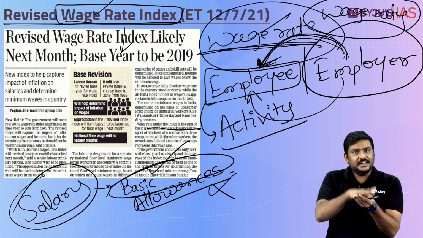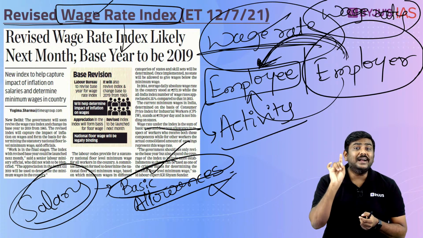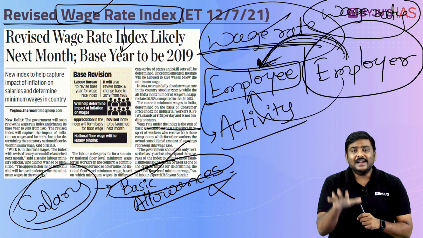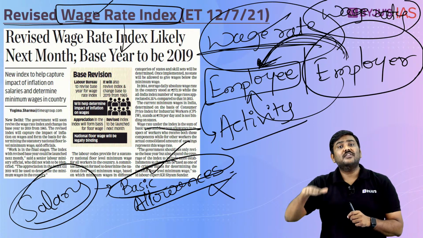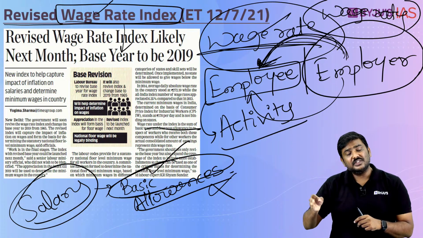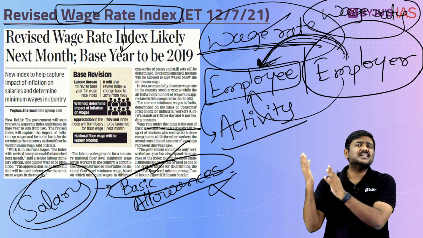Right now, central government has a directive with respect to minimum wages, but that is not binding on the states. But once the labor codes are implemented and government will decide national floor level minimum wages, then all the states must provide the wages which are at least this particular minimum wage as decided by the central government.